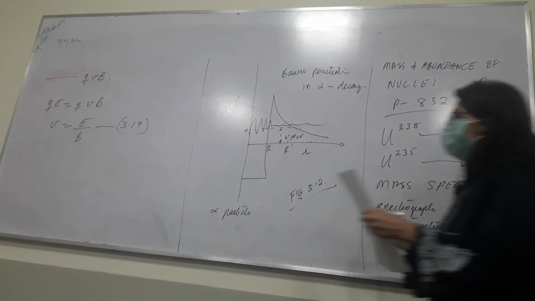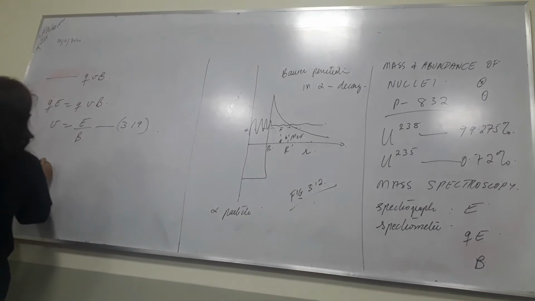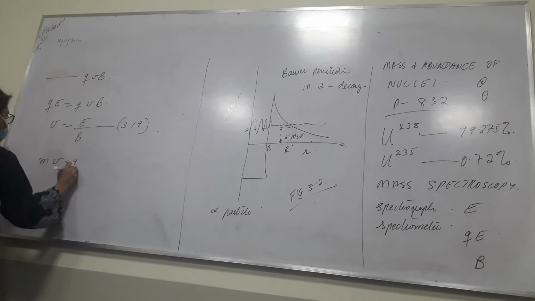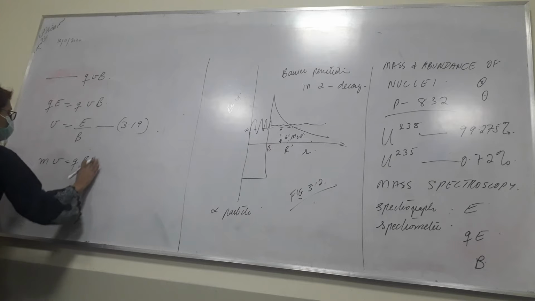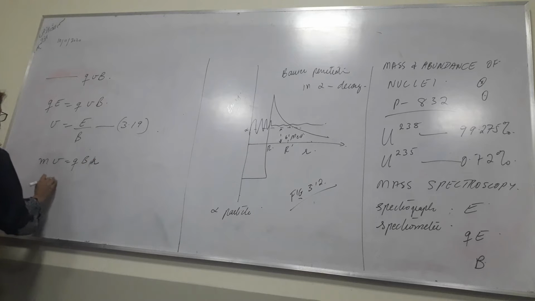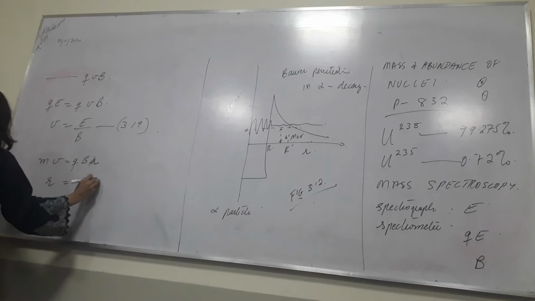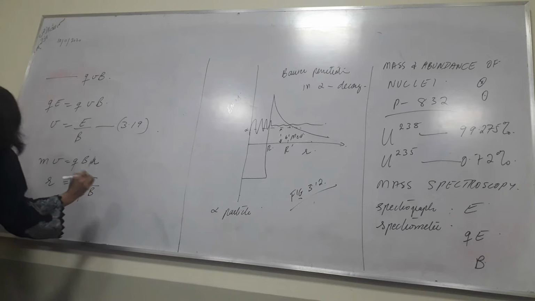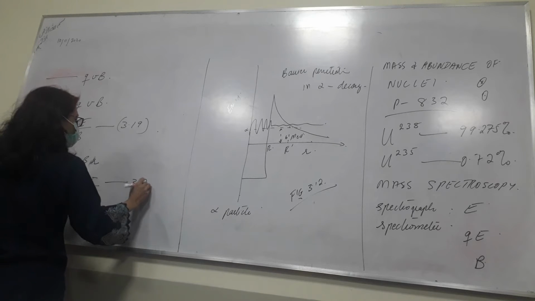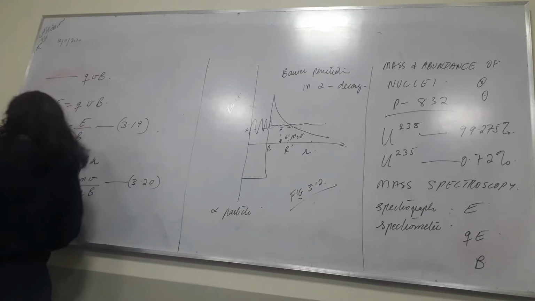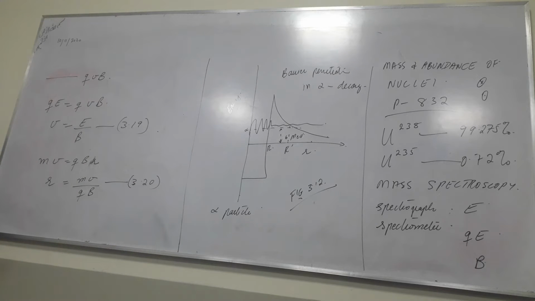If you are talking about momentum, we will have mv is equal to qBr. So, you can find the radius is equal to mv over qB. This is 3.20. So, q, B and v are known. Some quantities will be known and then you can find the unknown quantity,